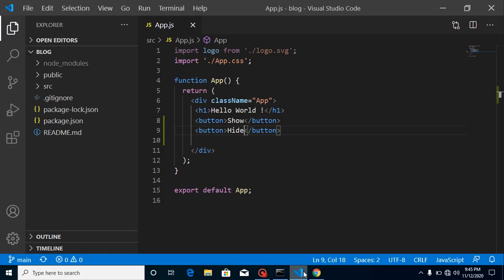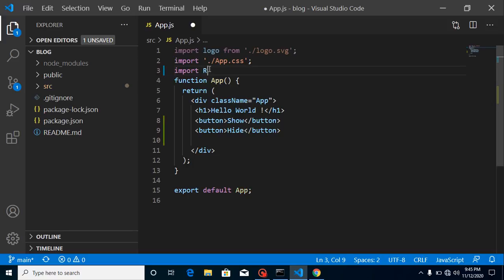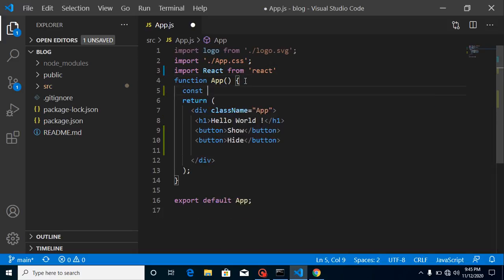So for that we need a state also. So just import React from react, right? And let's define a state. Let's take a const, use show or display, something like show, and setShow.